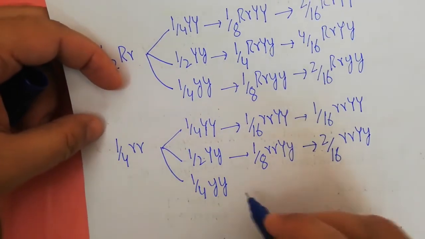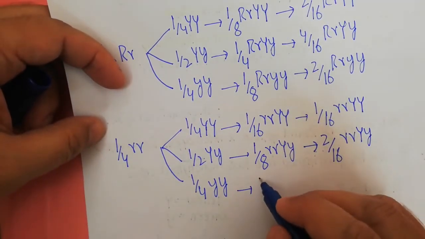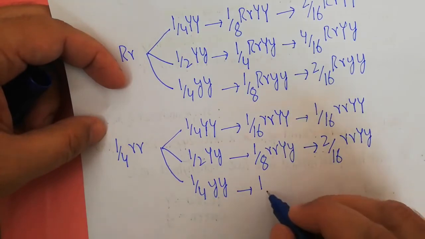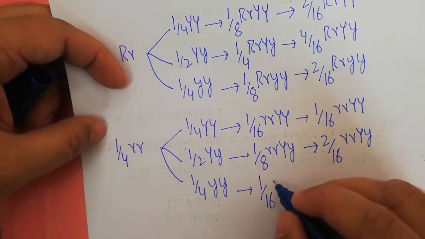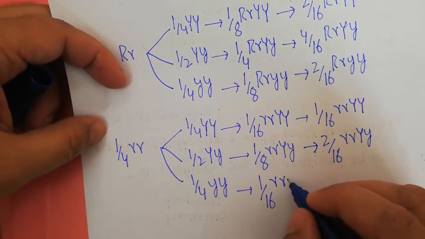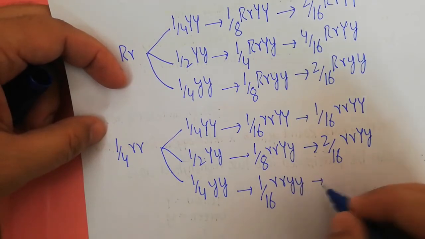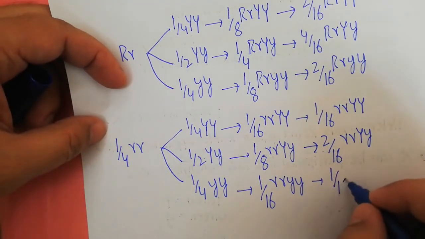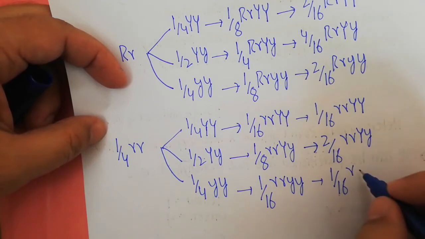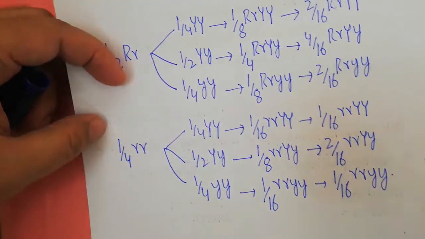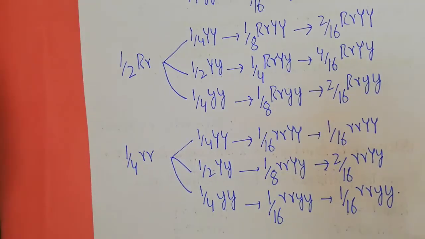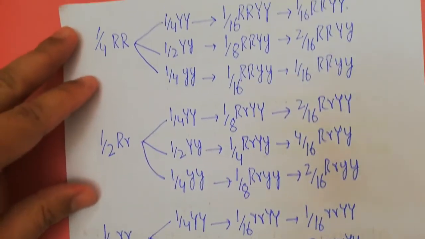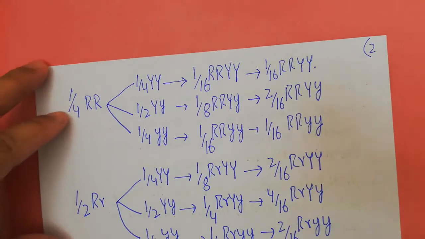Cross this with this one, we are going to get 1, 4 into 4, that will be 16. Their genotypes will be small r, small y, and small y. That means out of 16, one of the offspring will have a genotype of small r, small y, and small y. Now, if you look at the phenotypes of the offspring,